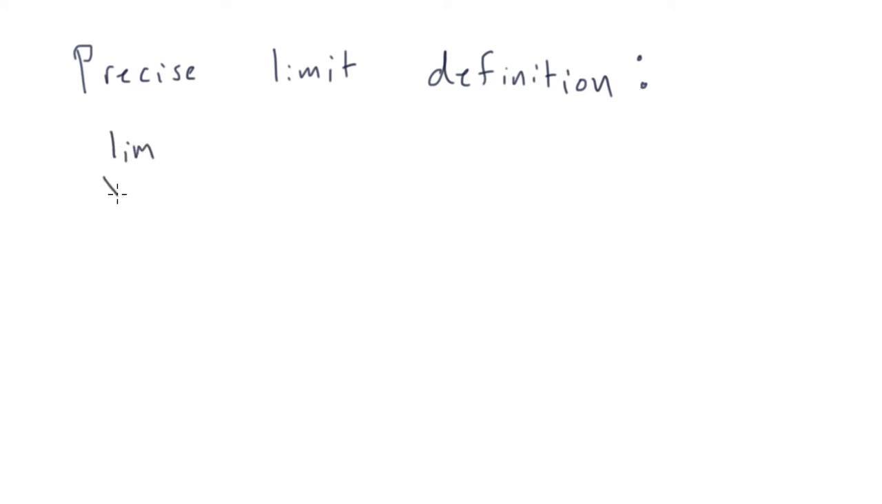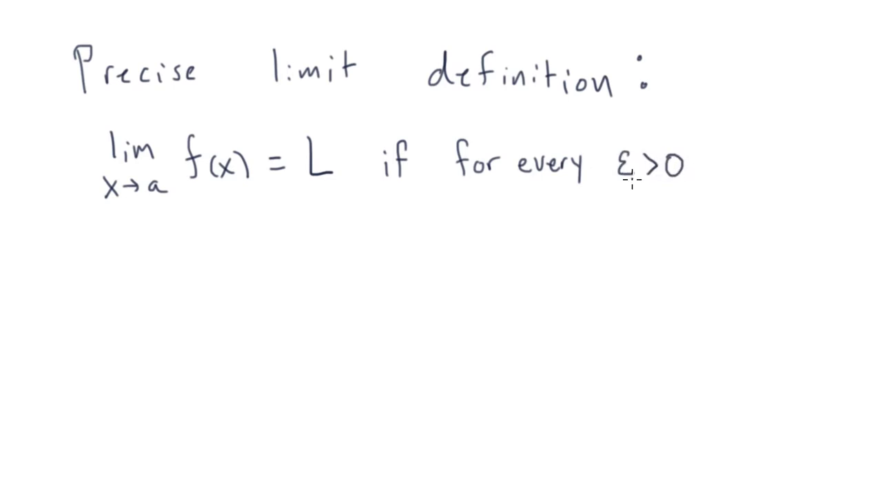So here's the precise limit definition. The limit as x approaches a of f of x equals L if, here we go, for every small number epsilon greater than 0, so epsilon really can be any real number, but we want to think about epsilon as being arbitrarily small, there exists some positive real number delta such that